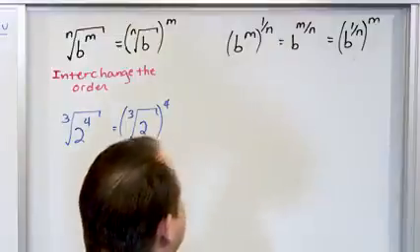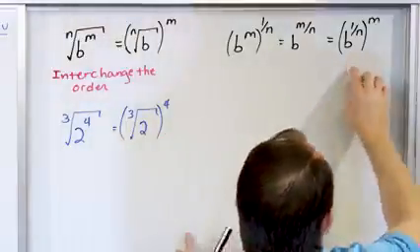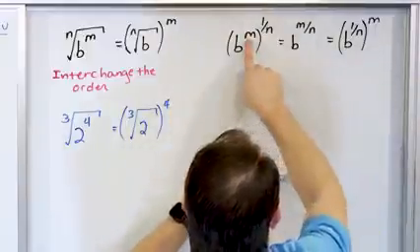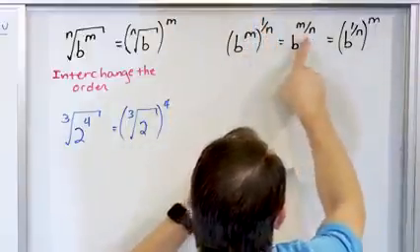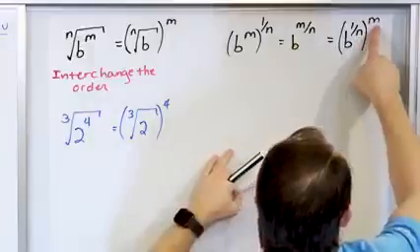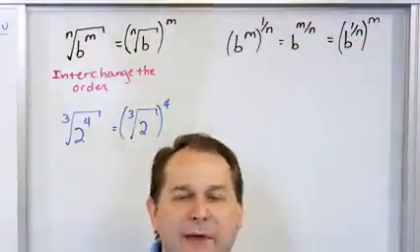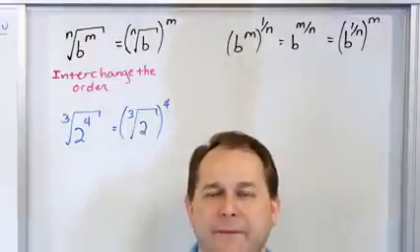Why can I do that? Why can I interchange the order? Because when I have exponents raised to an exponent, all I do is multiply them. So m times 1 over n gives me this, but 1 over n times m also gives me this. That's why you can interchange them, and that's why it's so much better to think about these cube roots and